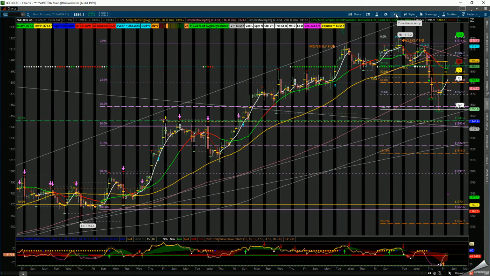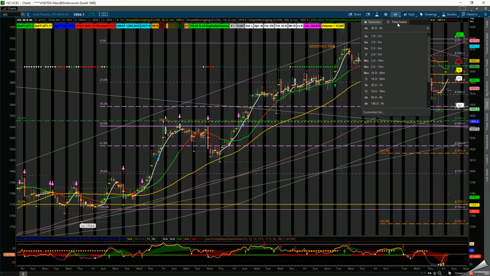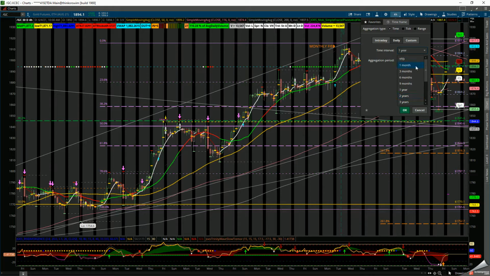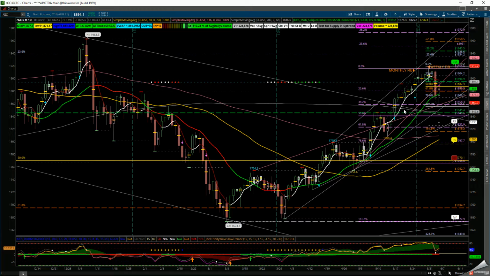And if you'd like to see it on the daily, more than happy to show it. Let's step back, go daily. We do the same thing again. I'm going back and forth between two charts, that way you guys can see the levels between the monthly, and this is the